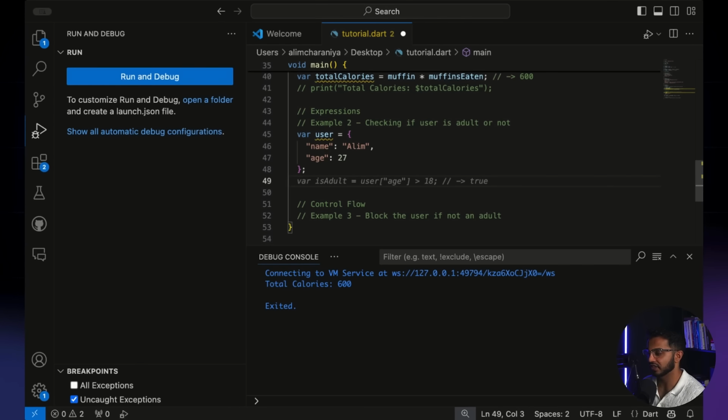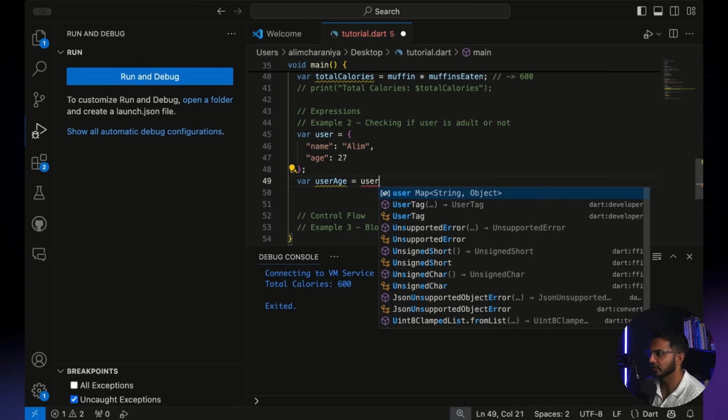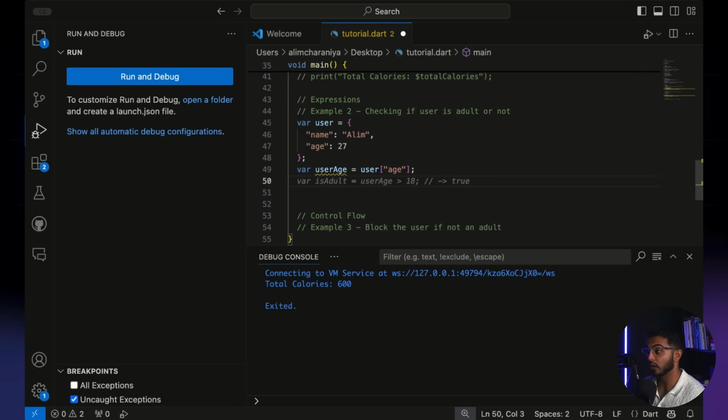I didn't talk about this in the previous lesson, but the way that I could access this value age is I can use this notation here called bracket notation to access the age. But FlutterFlow and no-code tools do this all for you with drag and drop, so you don't really need to think about it. But essentially what I'll do is I'll say var user age equals user age, and then I'll write an expression.